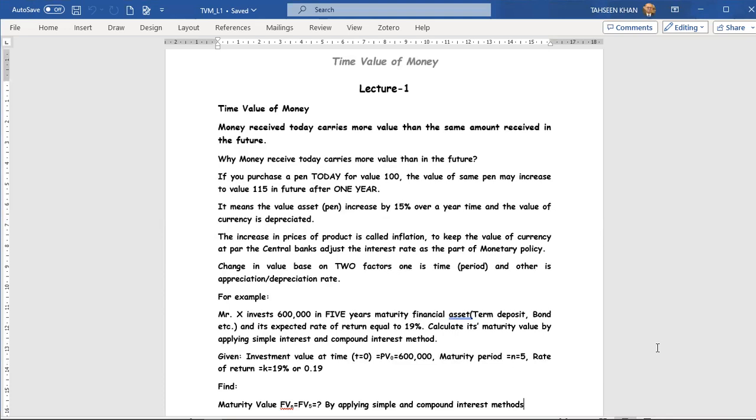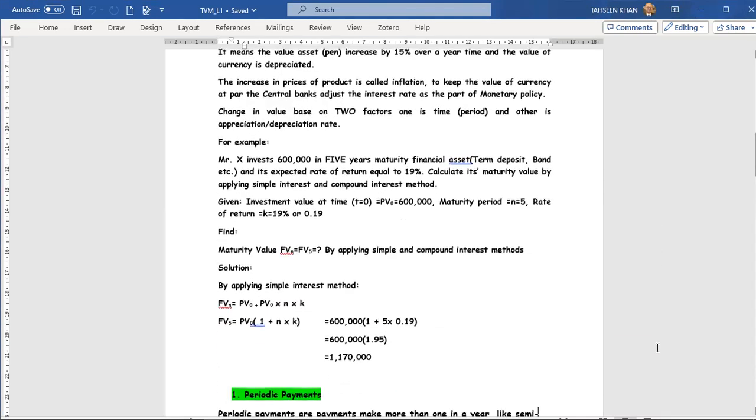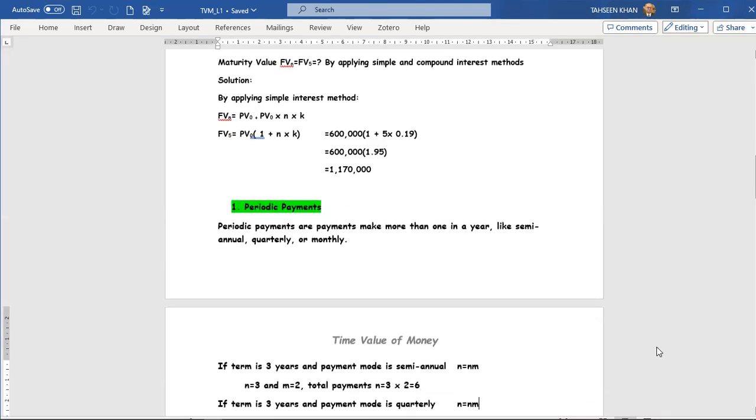What is given in the question? First of all, investment value at time zero. Zero is the time of the investment. That is represented by PV0, that is equal to 600,000. Maturity period is for 5 years, so the N will be equal to 5, and the rate of return, that is represented by K, is equal to 19%. Now we have to find its maturity value, that is future value, and N is 5, so the